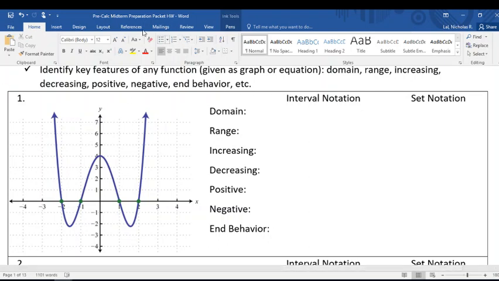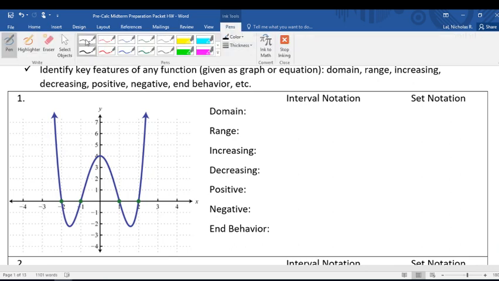The domain of the problem, so we have a graph and we need to analyze the graph visually. Understanding the domain of the problem, we know the domain is going to be from negative infinity to positive infinity, and once again, I'm coming up with these values just by looking at the graph and visualizing it. I'll give you a verbal description of how I am visualizing the graph, and then how I'm writing that in